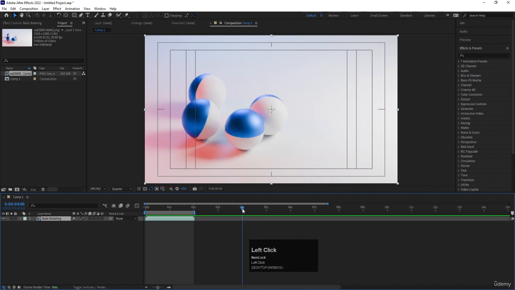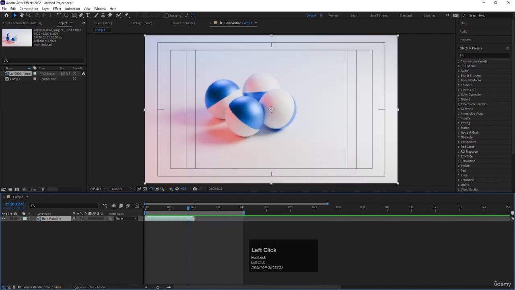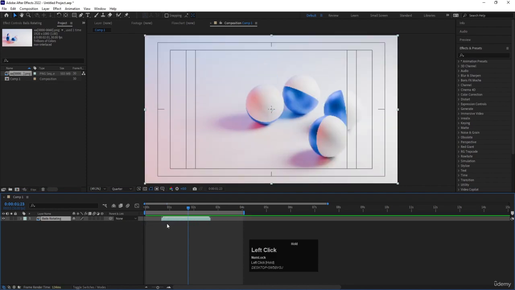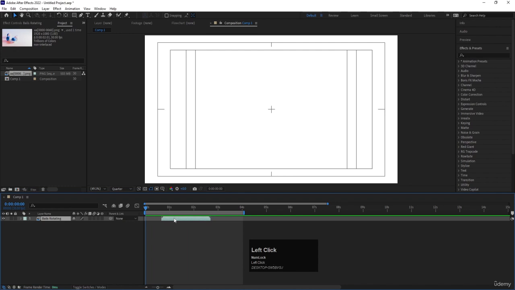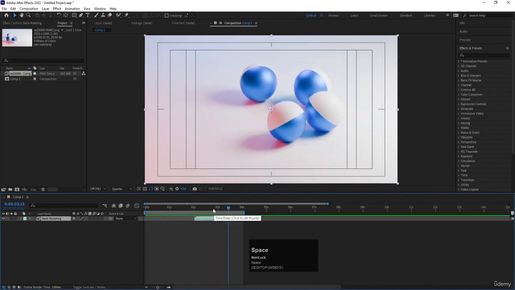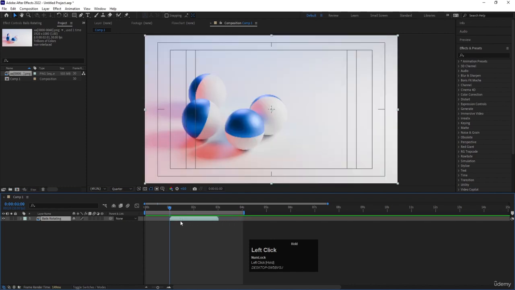Now I want this animation to end at 4 seconds, so I'll hit N over here. Now what I want is for this animation to repeat itself. For that, I can move this over here as well. For example, if I go to the start and I want this animation to start from 2, I can bring this like this. If I hit spacebar, I'm not going to get anything, and from 2 it will start. But I want this area to start from 1 second. Either I can bring this manually over here,